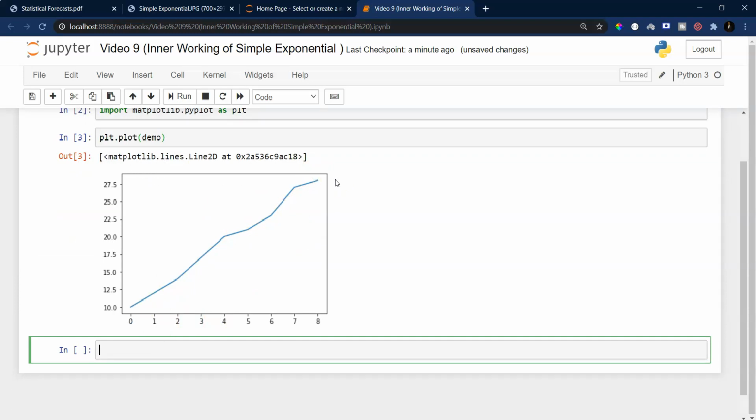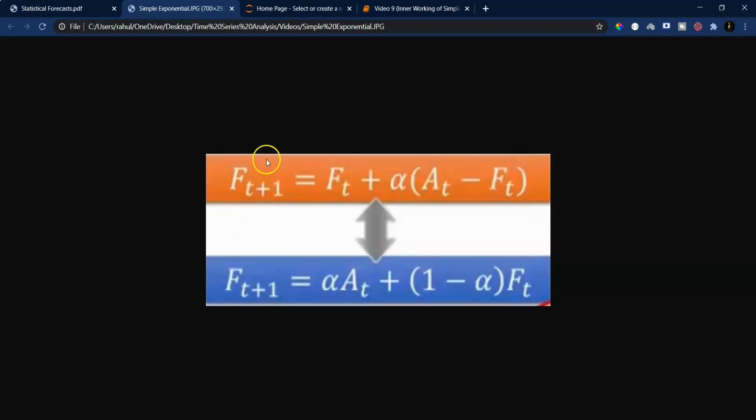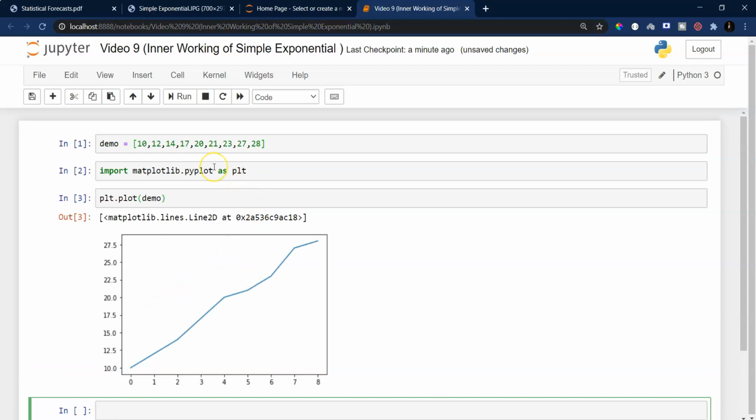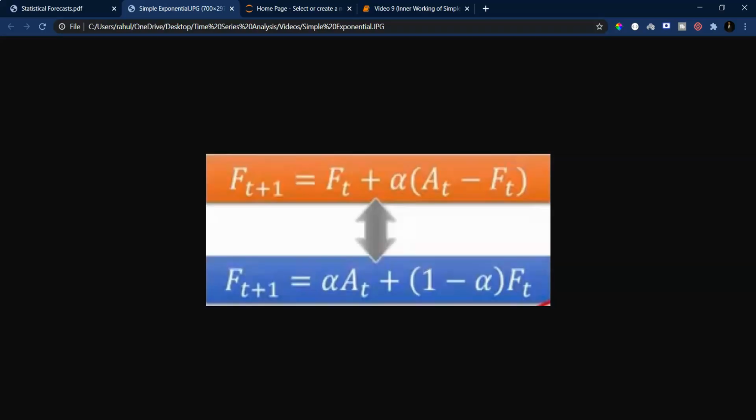Clearly this particular data has a trend, and that trend is kind of an additive trend. So what we are interested in is implementing this formula in our Python code and predicting forecasted values. How does it work? Here in this formula, how are we going to generate the first forecasted value?